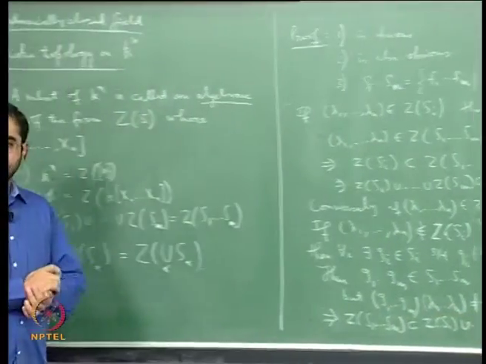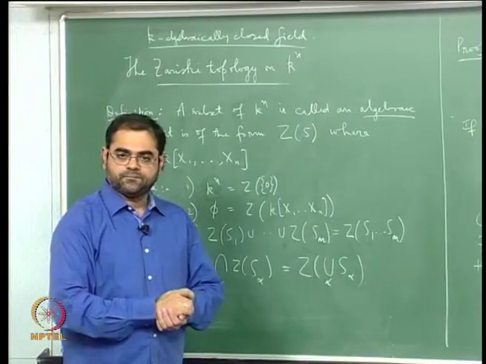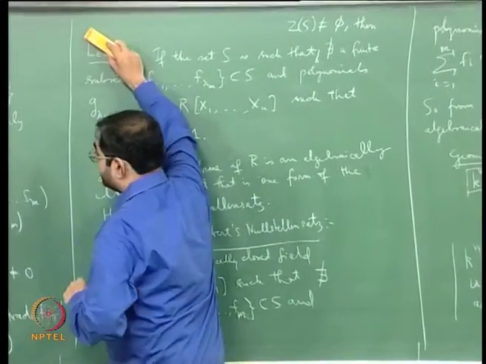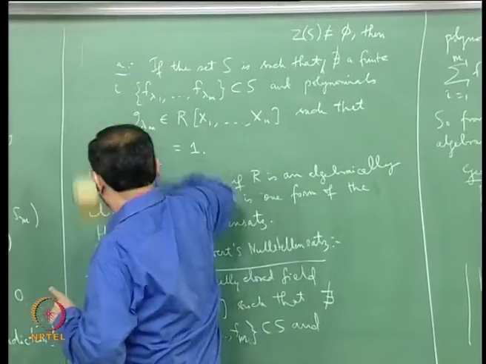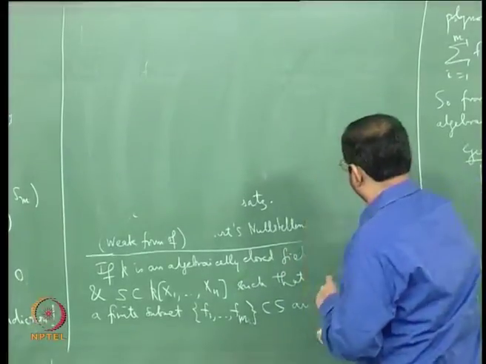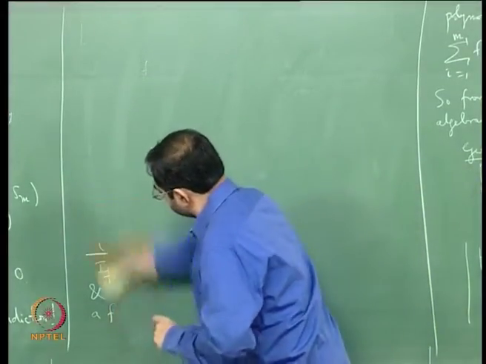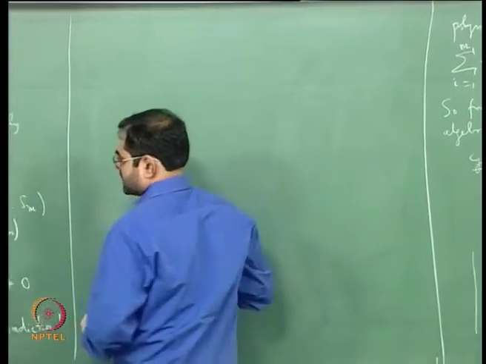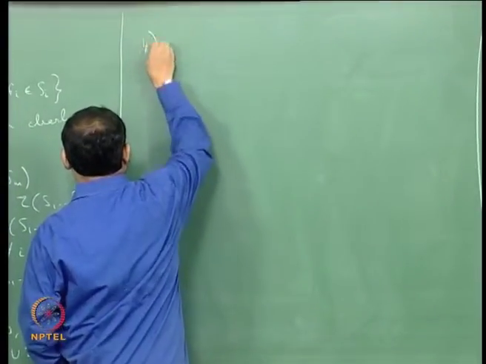So it is a pretty simple argument, and then there is only the fourth one left, which is pretty easy to see, and once we do that we have the Zariski topology on affine n-space. So for the fourth one,